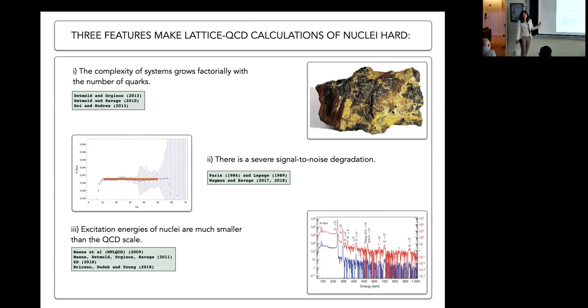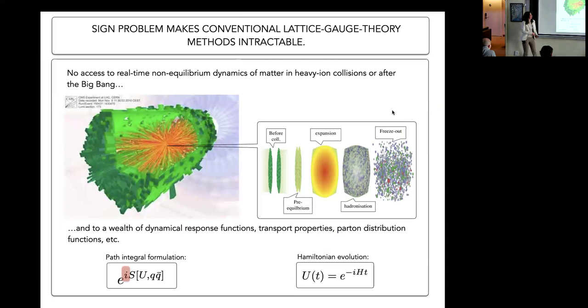We're not going to be able to resolve that, particularly given that we have the exponential signal to noise problem and everything else. Okay, so we are not planning to do atomic nuclei on a classical computer, starting from the quark and gluon degrees of freedom. There are other methods that can do that and are more effective, but they're not really first principles. But at the moment, we're limited by this.